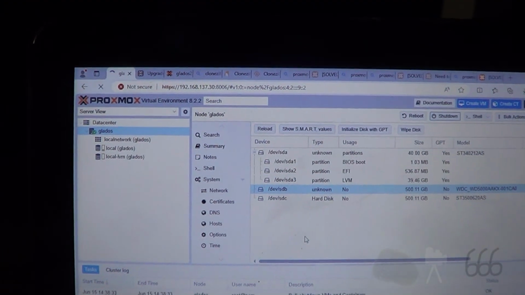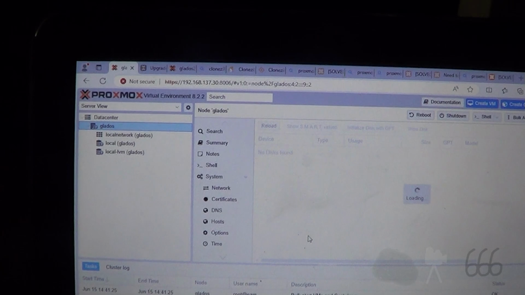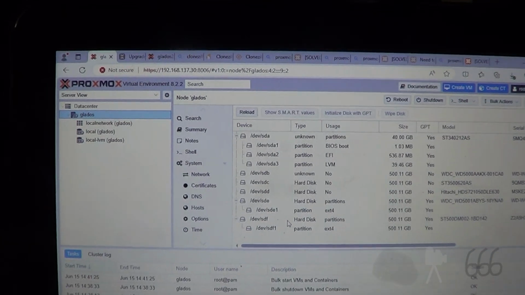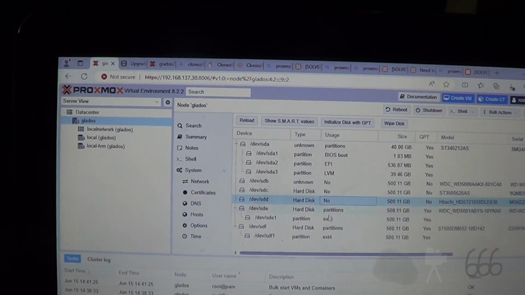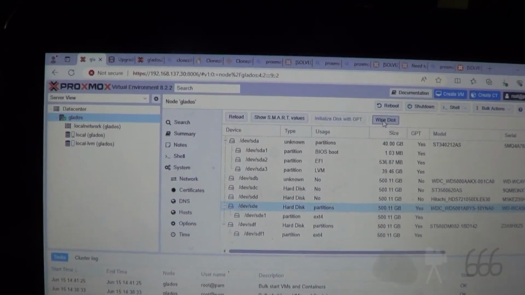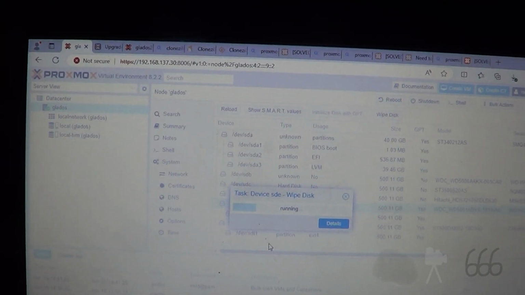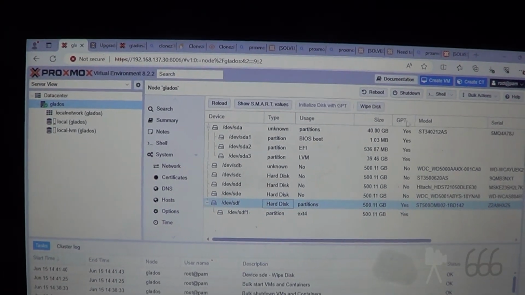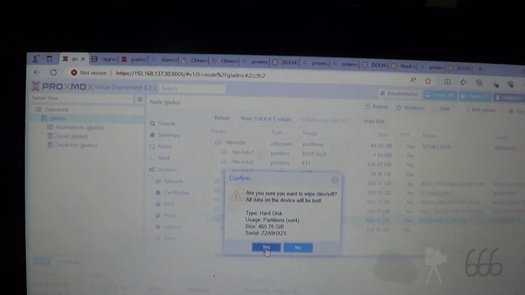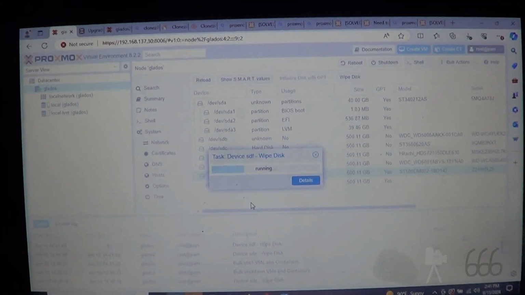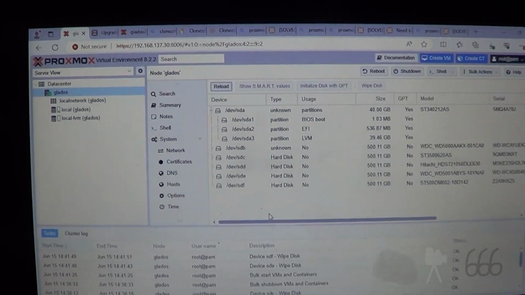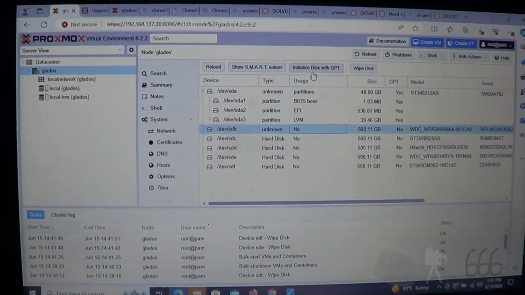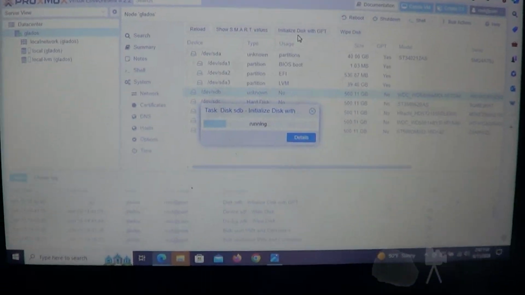Okay, F5. There's all of the disks. That's already wiped. Let's wipe this one. Like I said, I dare you not to work. And let's wipe this last one. Yes, erase it. It's still running. So, I don't know why this is showing up as unknown, that's a little weird, but let's initialize all of these disks